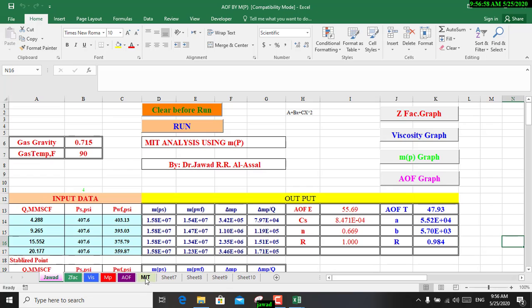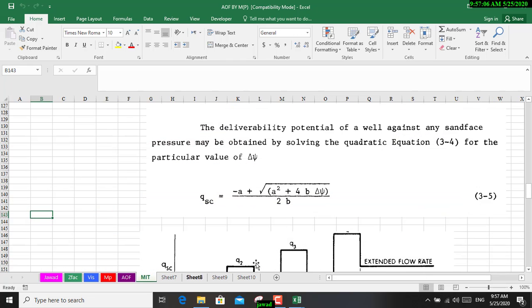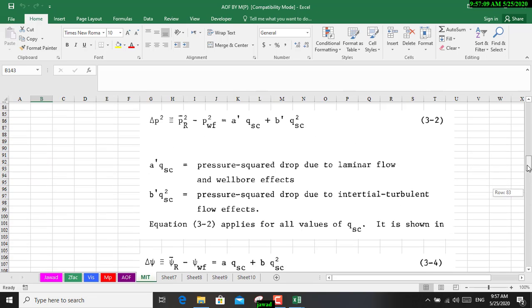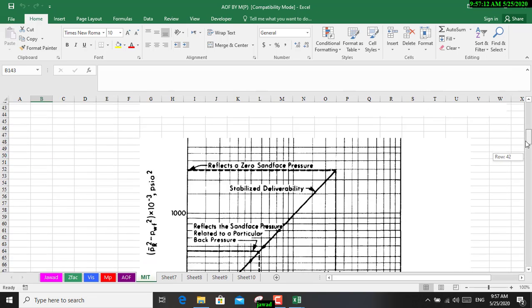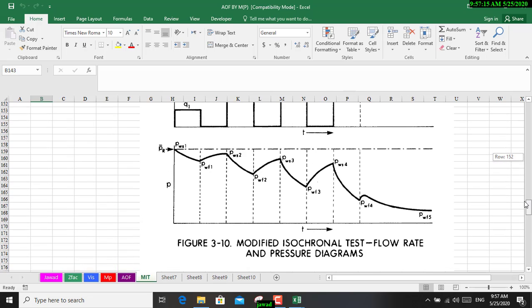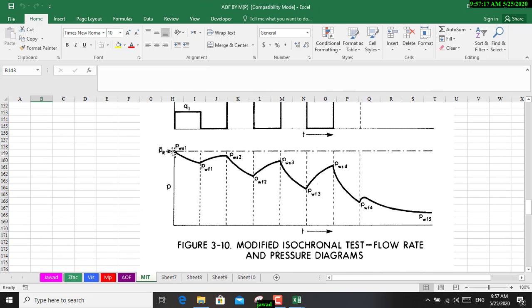I will not go into detail explaining the MIT, or modified isochronal test, but I will show what it is. First of all, I have a shut-in well, then Q1, PW flowing 1. So I have a Q, PWS1, PW flowing 1. Shut the well. This is a buildup. I can analyze this buildup, or this buildup, to find the permeability, skin,